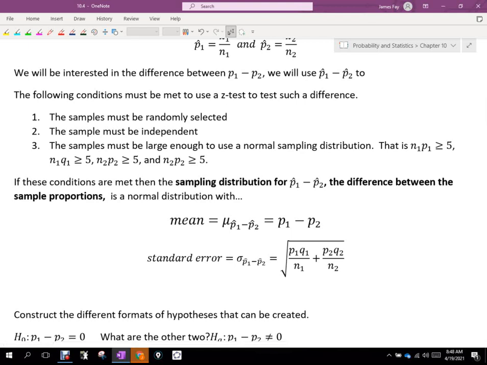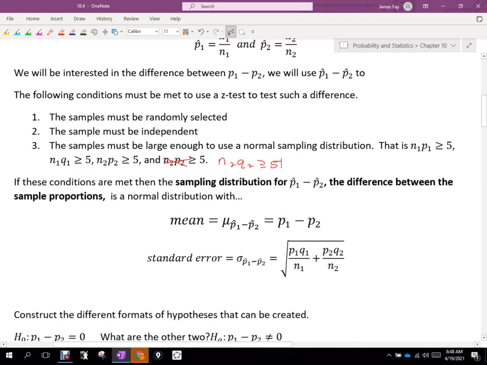So that's something that they're probably going to ask. If we've got a question that has 3 or 4 parts, that will probably be part 1, to check to make sure that this is satisfied. Okay. So if these conditions are met, the sampling distribution for P hat sub 1 minus P hat sub 2,